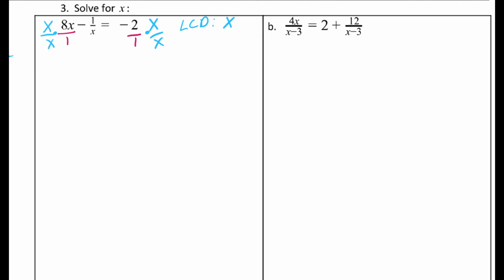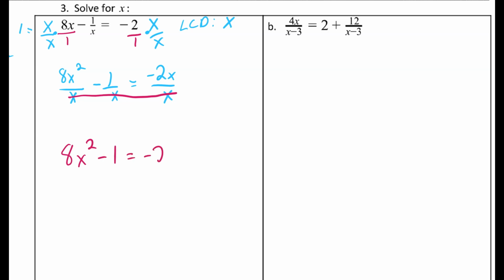Remember that x over x is just a fancy way of writing 1, so I'm not changing the value of anything here. 8x times x is 8x squared over x, minus 1 over x, equals negative 2x over x. Now here's the good part about this. If they all have the same denominator, you don't need to worry about the denominator here, and you can just set the numerators